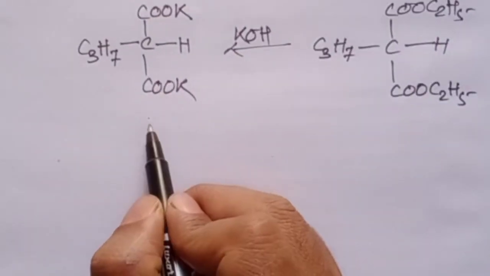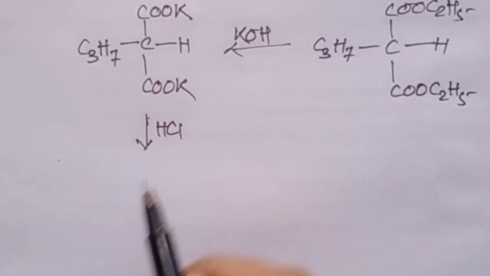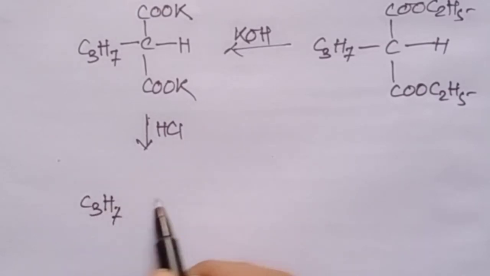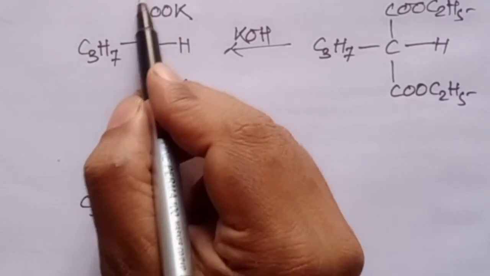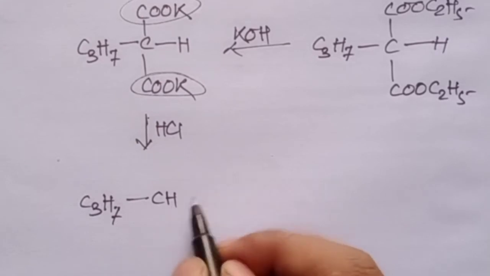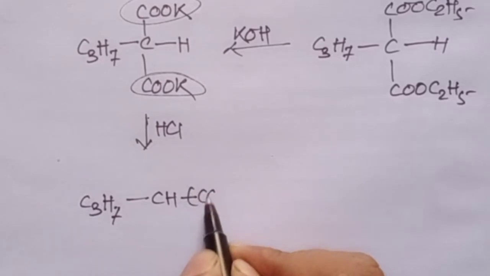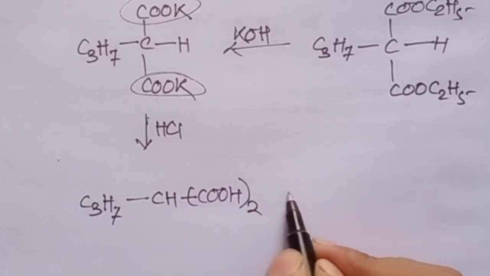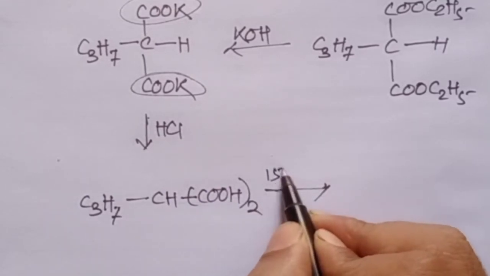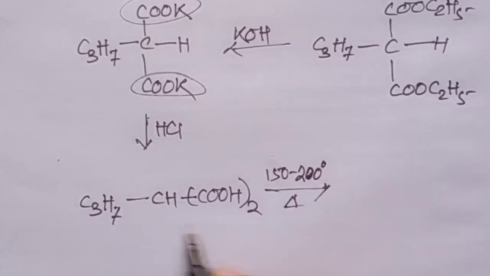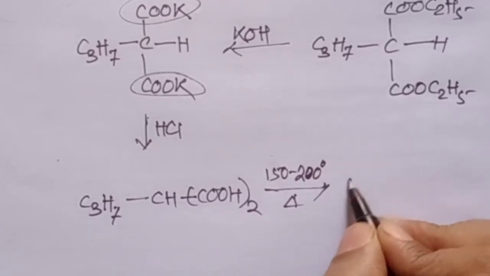Okay, so in the next step I just said HCl. On addition of HCl, these two groups of C3H7CH acid will be converted to COOH twice, and when heated to around 150 to 200 degrees centigrade, it will lose the carboxylic group, so that one carboxylic group, that is